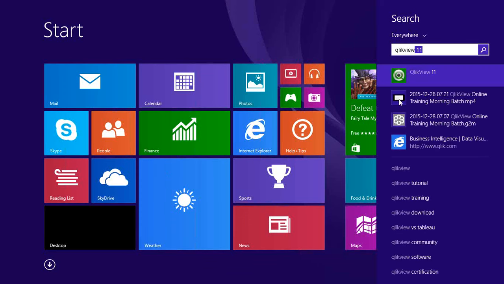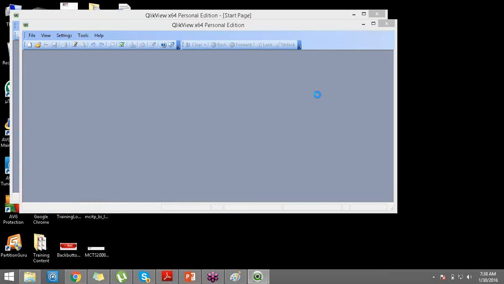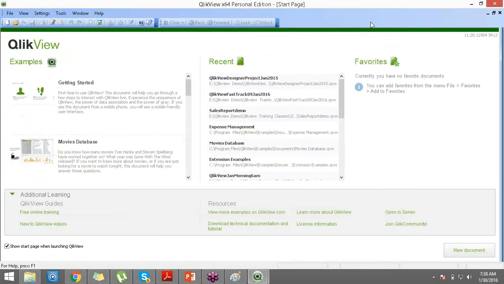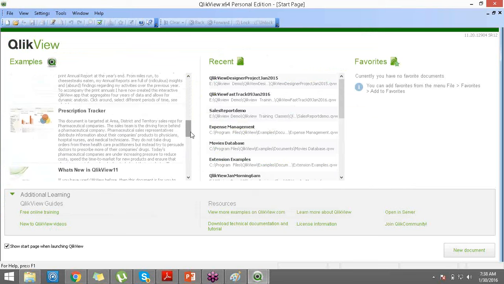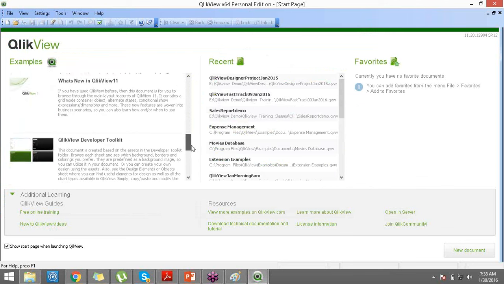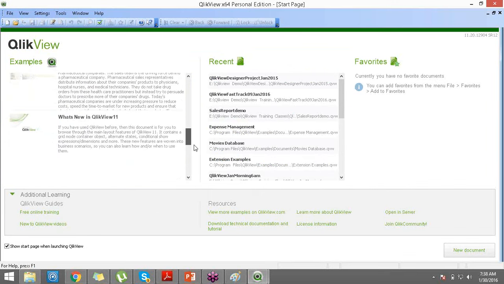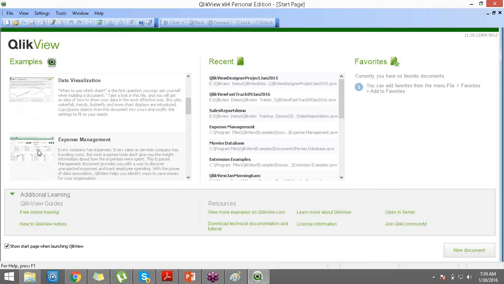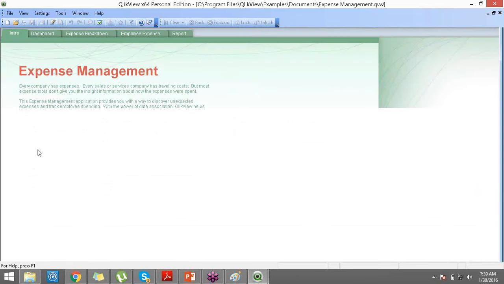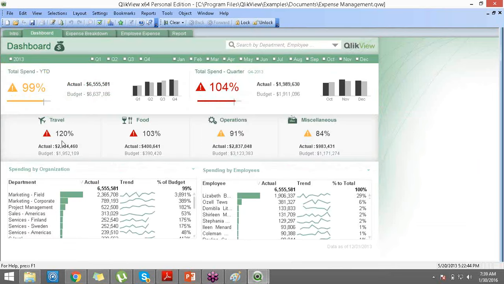I'm opening the QlikView application. Once you open QlikView, the application opens in this way. You have a couple of sample applications ready for you to explore how exactly QlikView looks. Take a scenario like expenses management. If you see here, an expenses management dashboard is available and it shows how exactly expenses are happening